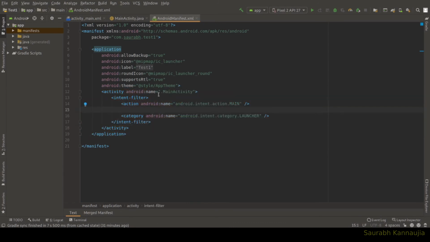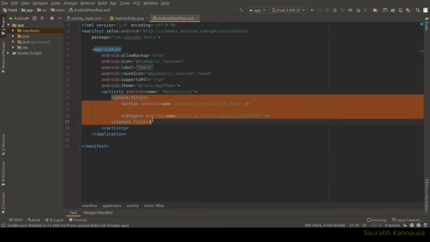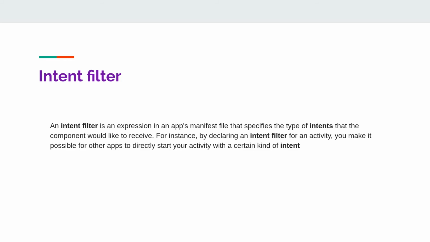The first attribute here is the activity name, which is .MainActivity, and here is the intent filter. So what is an intent filter? An intent filter decides which activity should be launched when the app fires up.